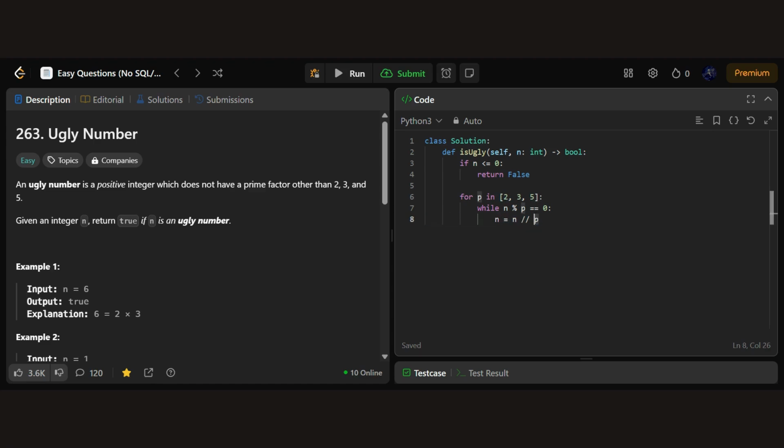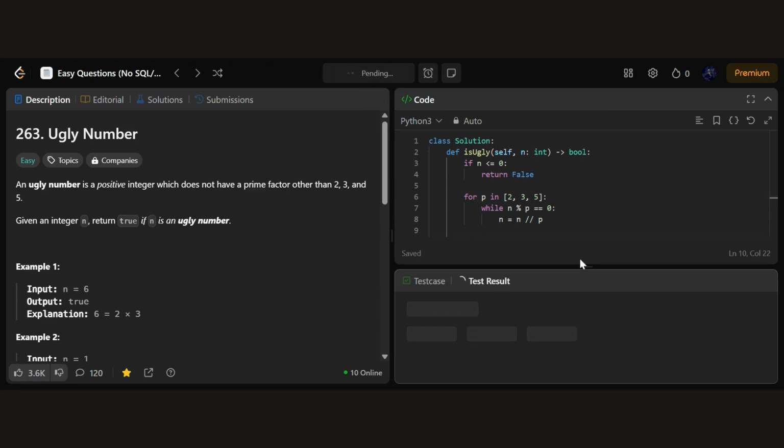Until we can no longer divide cleanly, and then we'll go on to the next number, and then the next number. And then once our for loop ends, we should have n left. And if n is equal to 1, then we know that 2, 3, and 5 are the only factors. And if n is any number other than 1, then we know that there's another factor involved. So all we have to do here is write, is n equal to 1,